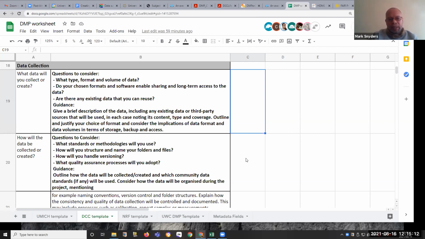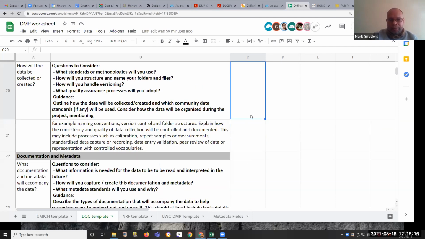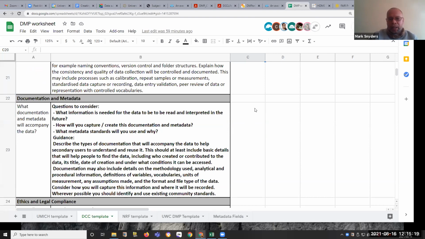You also need to indicate how the data will be collected or created. Okay. Later on, you will have a look at documentation and metadata. What is important about the documentation and the metadata is associated documentation needs to be clear on why the data is being collected, how it was organized, and how you expect to use it.